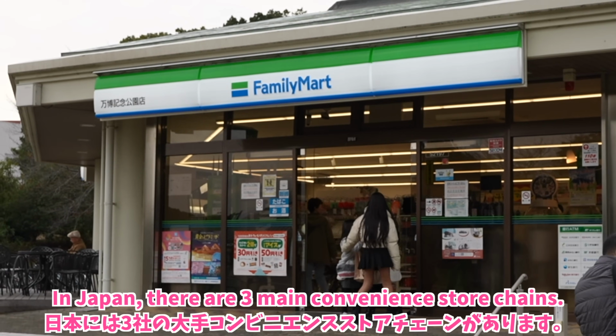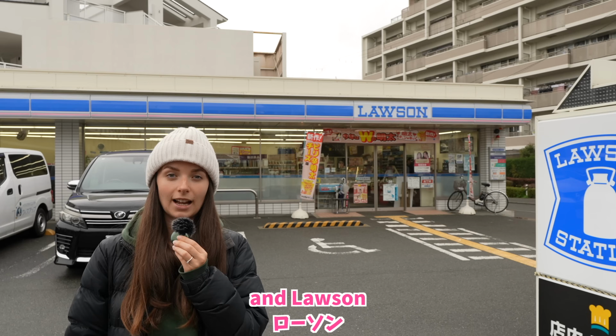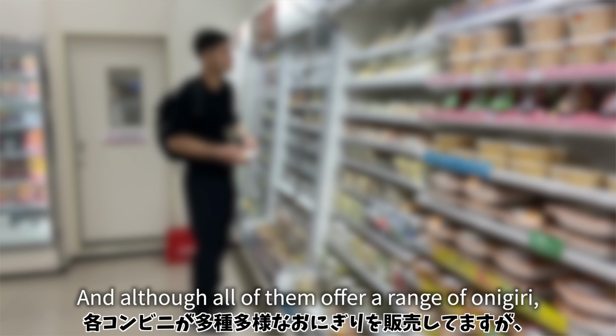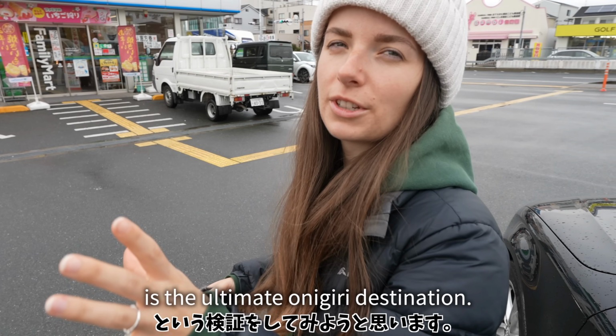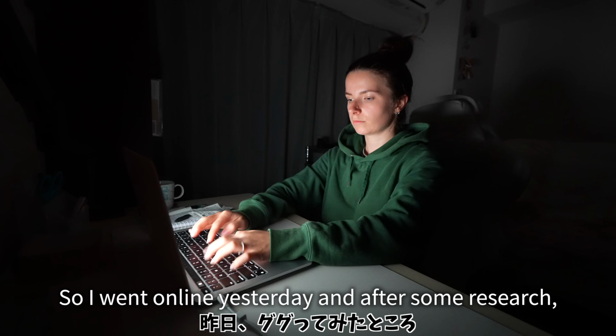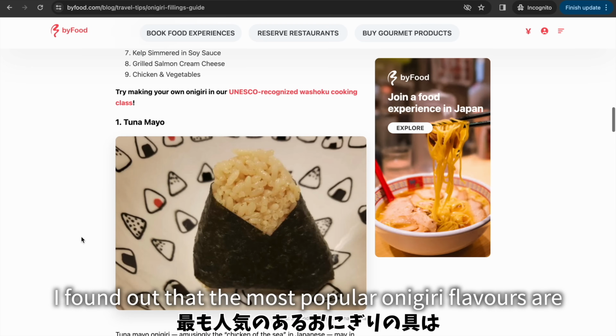In Japan, there are 3 main convenience store chains. We've got 7-Eleven, Family Mart, and Lawson. And although all of them offer a range of onigiri, I want to determine which store is the ultimate onigiri destination. So I went online yesterday, and after some research, I found out that the most popular onigiri flavours are